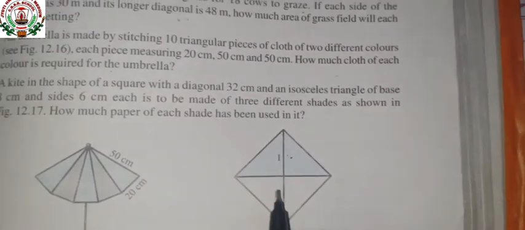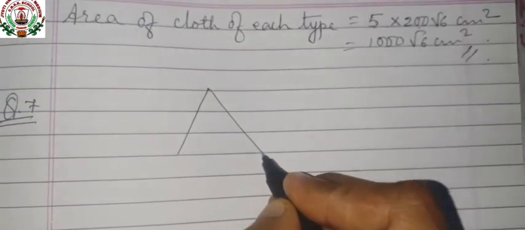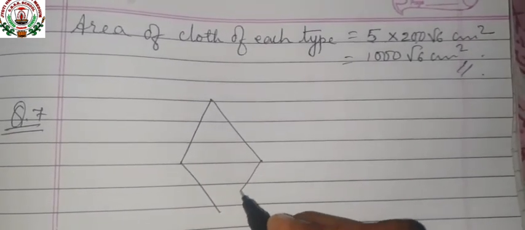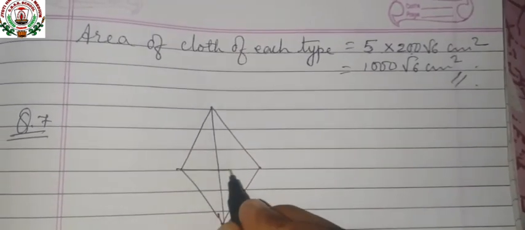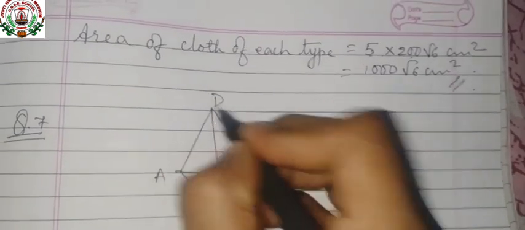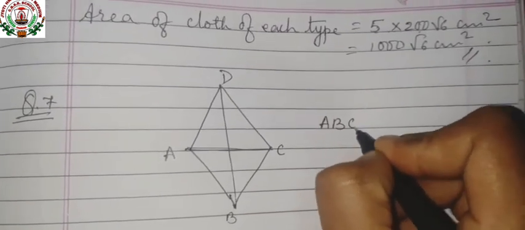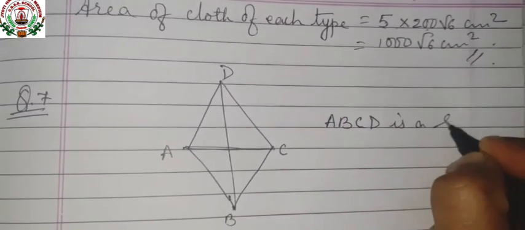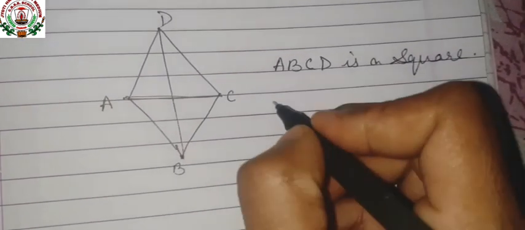Okay, now let us go for the solution. Now the solution goes like this. Question number 7. First make the kite. So first draw a square. Now draw the diagonals. Suppose this is A, B, C and D. So here you can write ABCD is a square in which